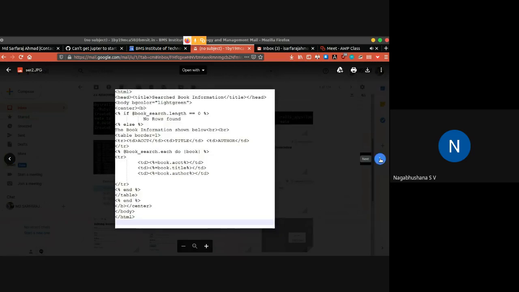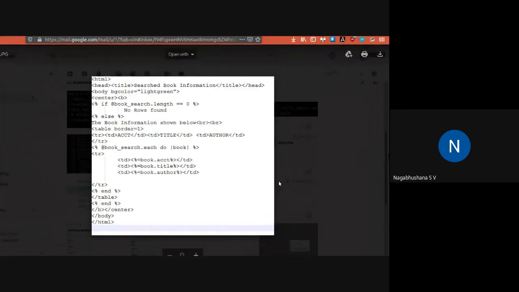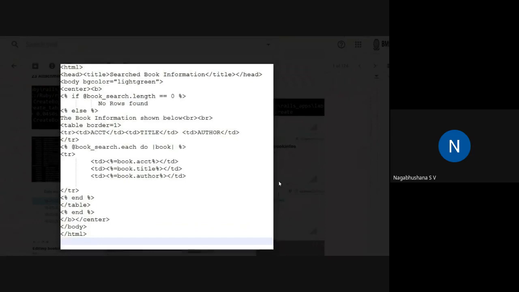Okay, so here this is the code which I showcased. So book search.rhtml, and you have a book as value here, ID. Then you can extract your account, title, and author.